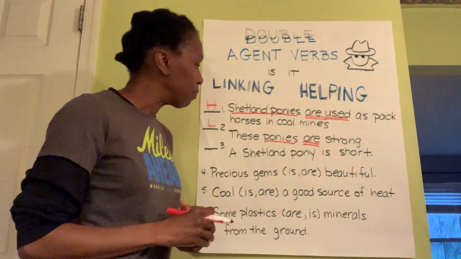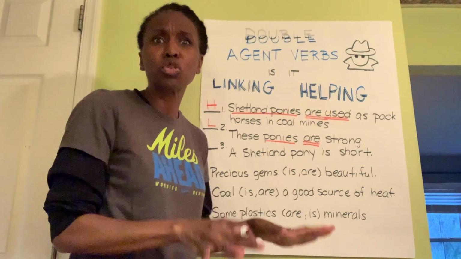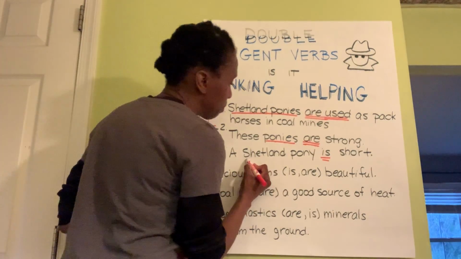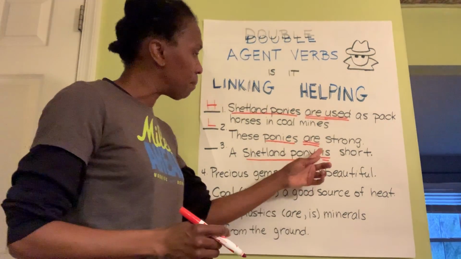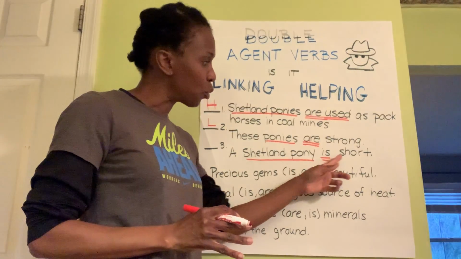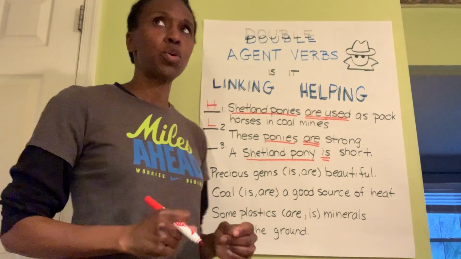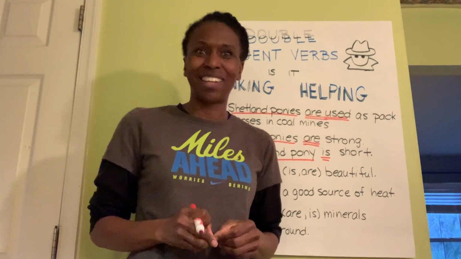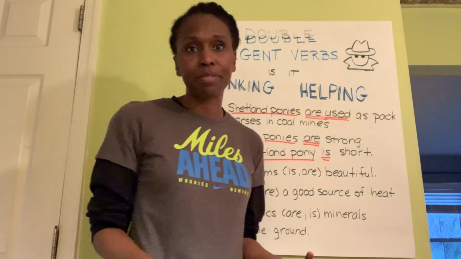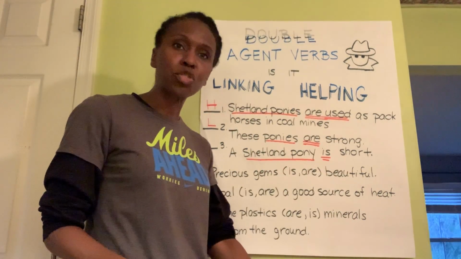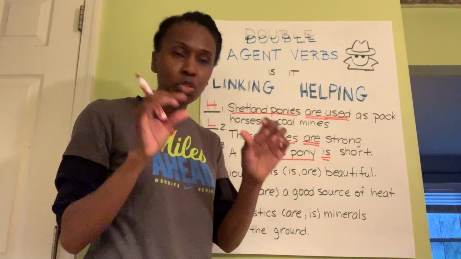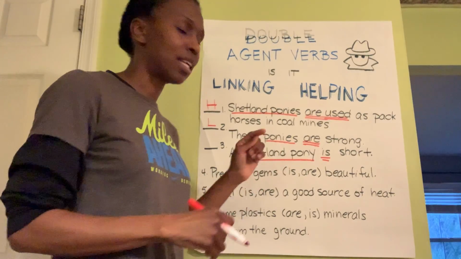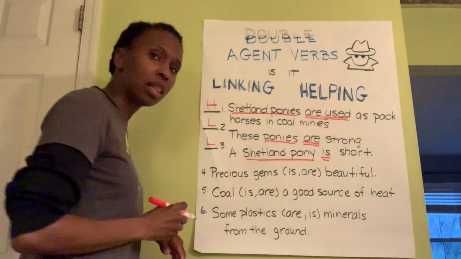All right, let's go ahead and look at number 3. A Shetland pony is short. They're so short, so cute. All right, is is underlined in your book. Who or what is a Shetland pony? If I look right behind the verb is, I see the word short. Okay, can I stand in the corner and short? No, not really. Short is an adjective, okay? It's describing what the ponies are. They're like miniature horses, but it's not an action verb. So is working as a linking verb. All right, so for number 3, we have L in the blank.